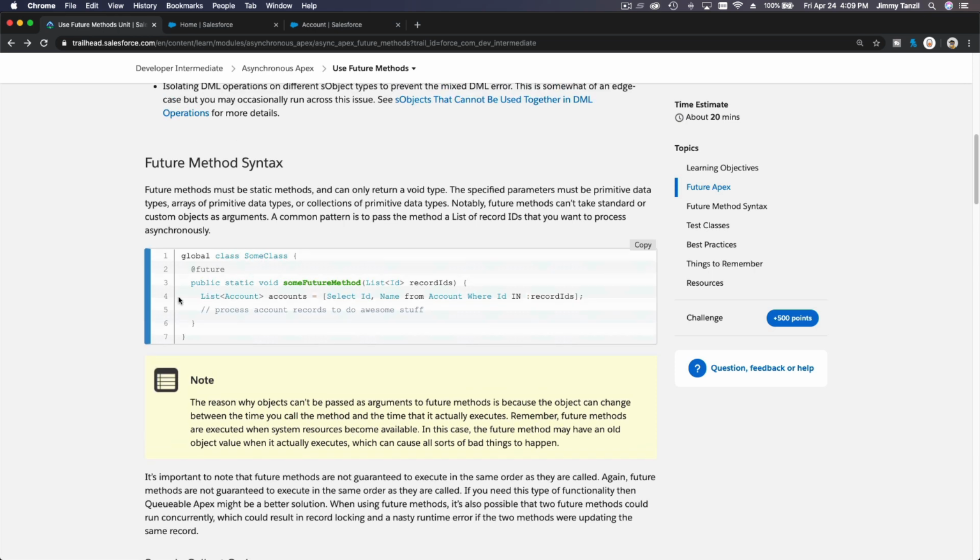So this is an example of the future method, right? Global class, some class, which we have now already. So add future and then public, it has to be static void, some future method, list of ID and record ID, right? This is a good example. Let's just copy this whole thing. So I'm going to copy that